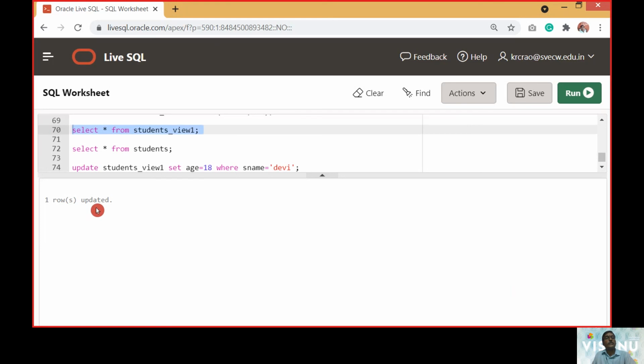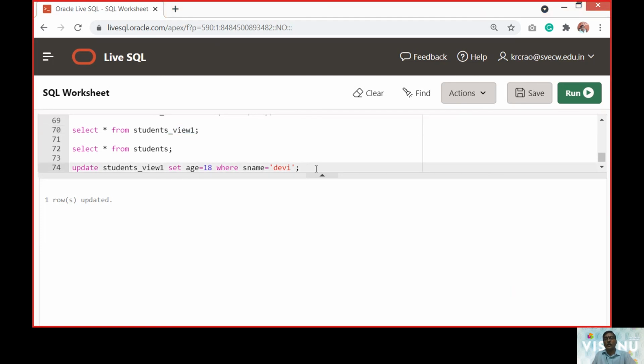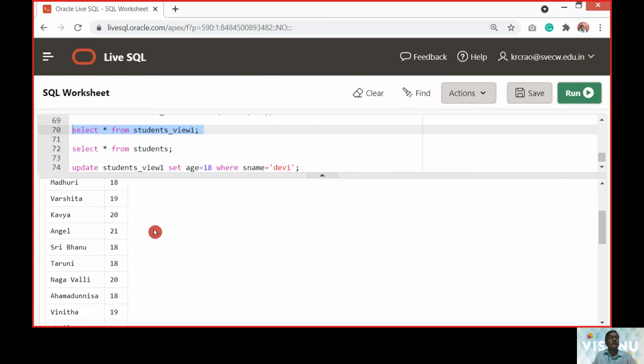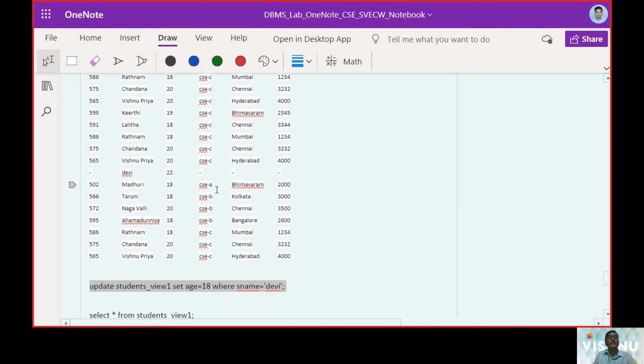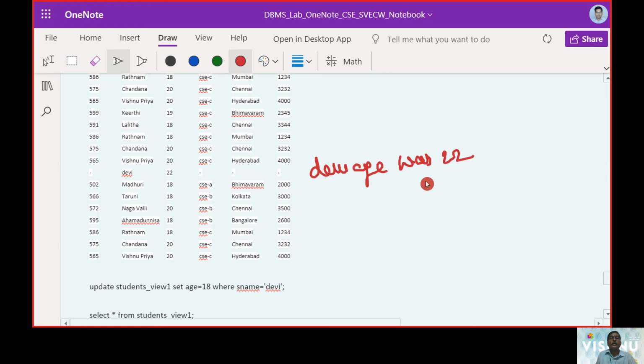Now we have changed, or updated, it to 18. Just check what Devi's age was. Now you can see it was 18. Earlier Devi's age was 22.